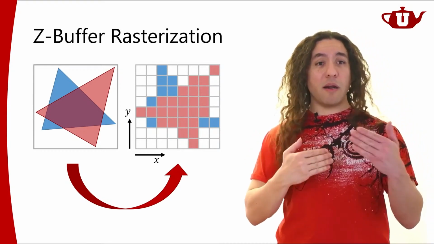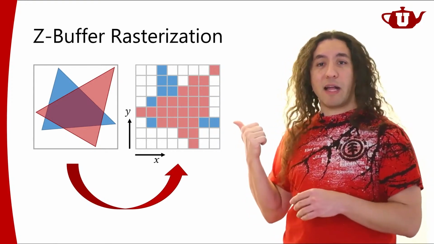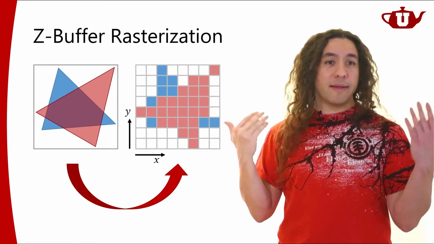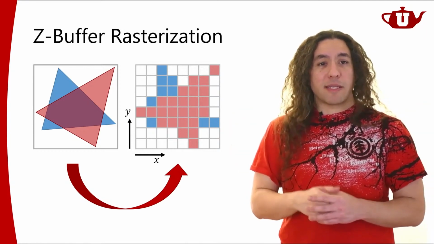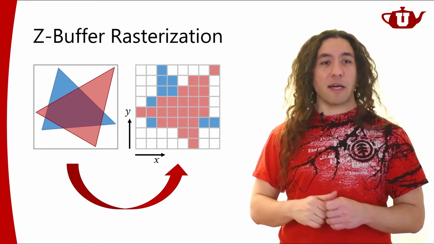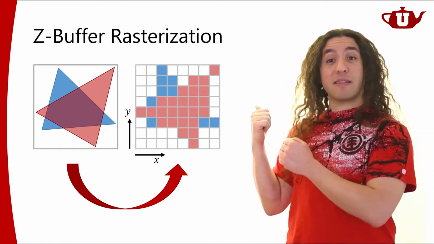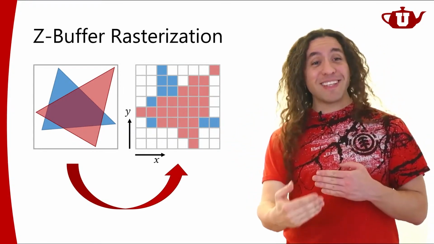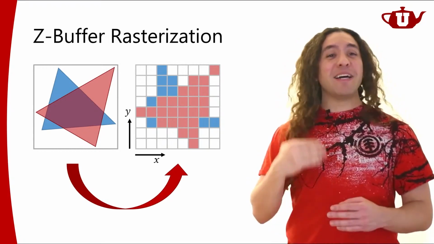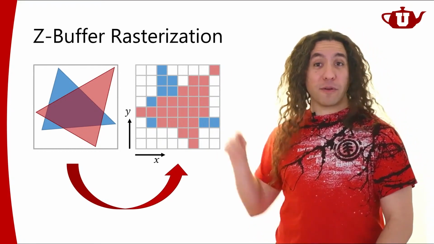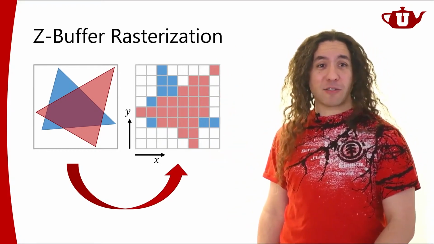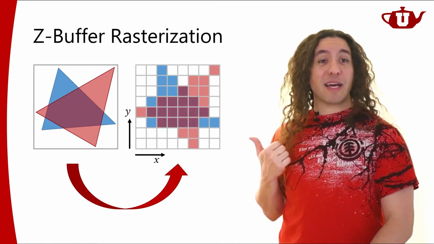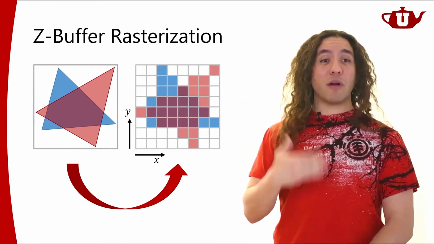it is going to compare its Z values with the Z values of the red triangle, and Z-buffer rasterization will say that, oh, this triangle is behind the other one. Yes, but the triangle in front was semi-transparent. This is supposed to go behind it. Well, it's a little too hard to handle for Z-buffer rasterization. So you won't be able to produce an image like this if you don't render the triangles in the correct